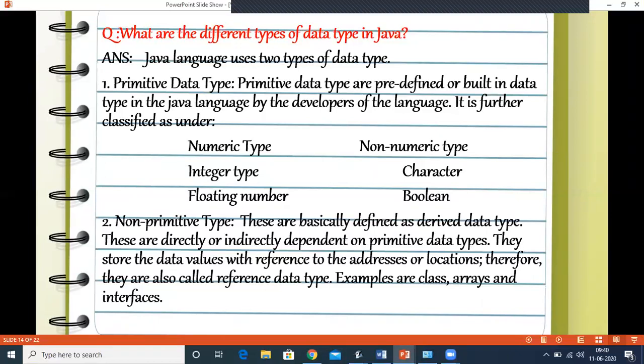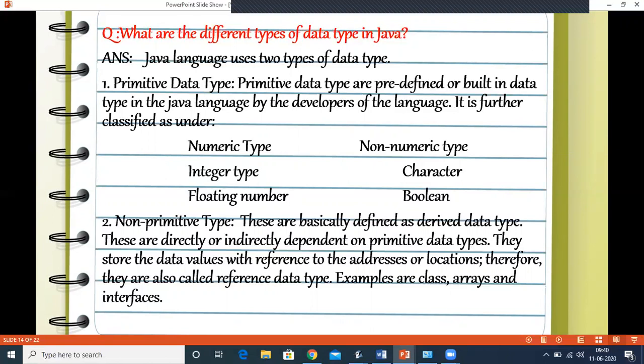Similarly, with arrays, where we have a series of similar data types, like a string array, we can have an integer array of 10 values. So 10 values of integer data type will form an array of integer type. An array becomes a non-primitive data type because it depends on one of the primitive data types.